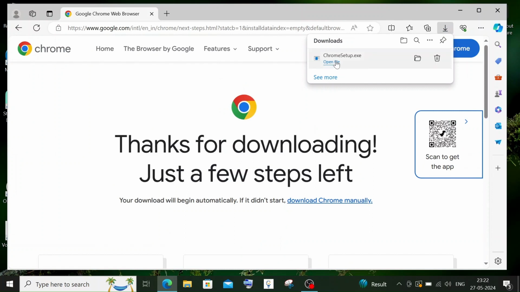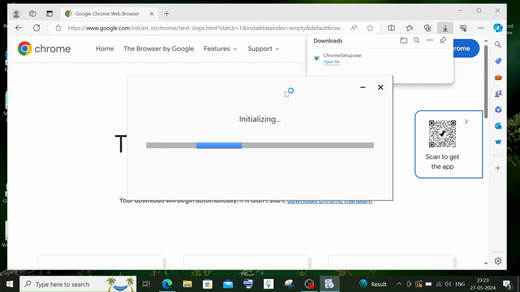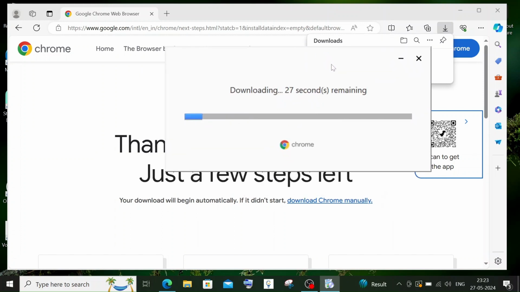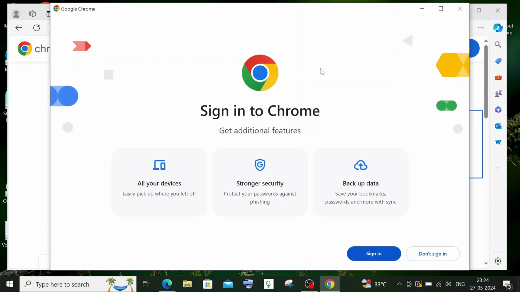Just open the file, just click on yes, and you'll be getting the initializing thing from Google Chrome, and it will download the necessary stuff. So once the download is complete, the installation will begin, and after some time you will be getting sign in